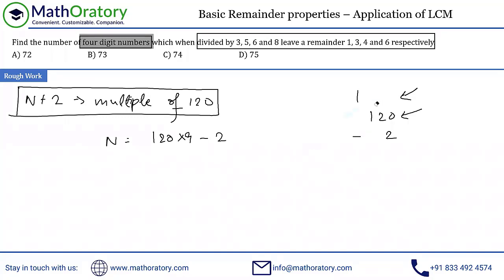Similarly, we can easily obtain the smallest 5-digit number also, right? So let's think about the smallest 5-digit number. Again, start with the easiest one you can think of, that is 12,000. Now keep subtracting. In this case, I'm not supposed to count 5-digit numbers, right? So why did I start with the smallest 5-digit number? If I come back, the point at which I just hit a 4-digit number should be the largest 4-digit number, right? So just keep subtracting multiples of 120 from this.